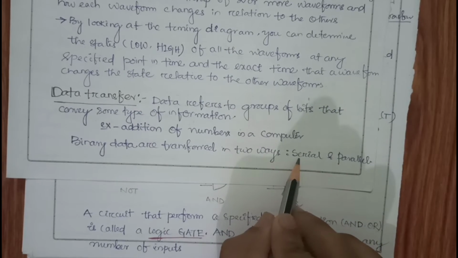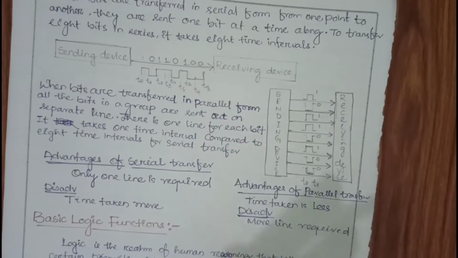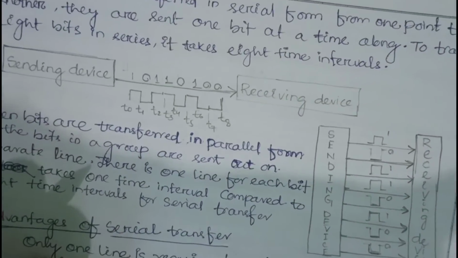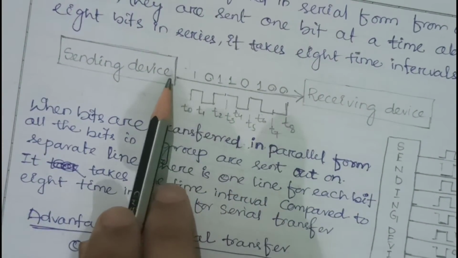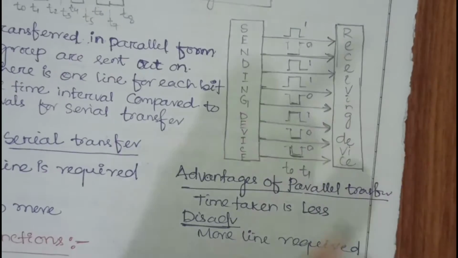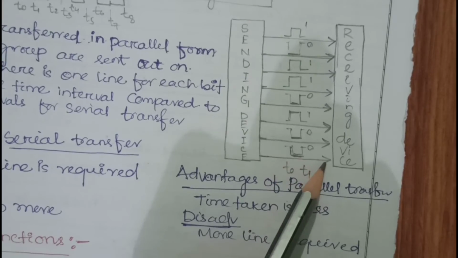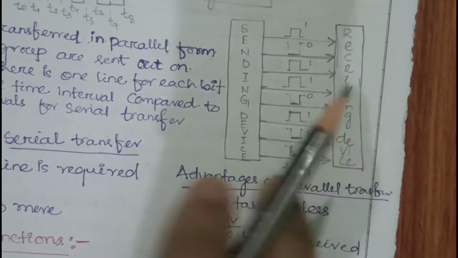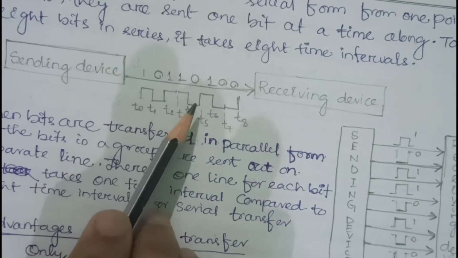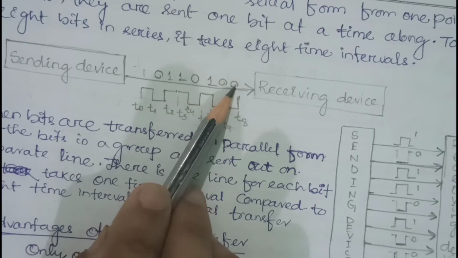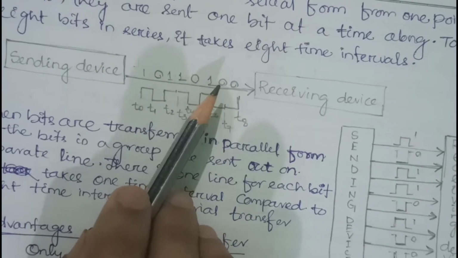So what is serial data transfer and what is parallel? Let's see. In serial data transfer, you see, I need only one line. Let me zoom it more. Yes. For serial data transfer, I need only one line. You see, here is one line. But for parallel data transfer, I need a much larger number of lines, as much data as should be sent. But here, the time required to send a long bit sequence is more, because only one bit is applied at a time. That's why for sending 8 or 10 bits, I need 10 time units.